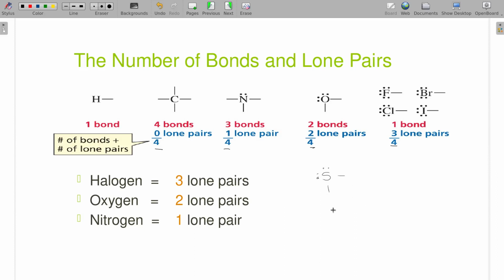Now, I say similar in the sense that almost everything you can do with an oxygen-containing carbon compound, if you replace the oxygen with sulfur, the same reactions apply. But since sulfur can break the octet rule, there are always a few more reactions for this. There are just a few changes based on the fact that sulfur doesn't have to follow the octet rule. But since all the others do, the octet rule is something that gets referred to a lot in organic chemistry.